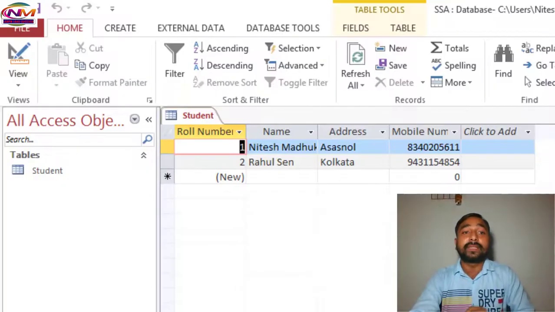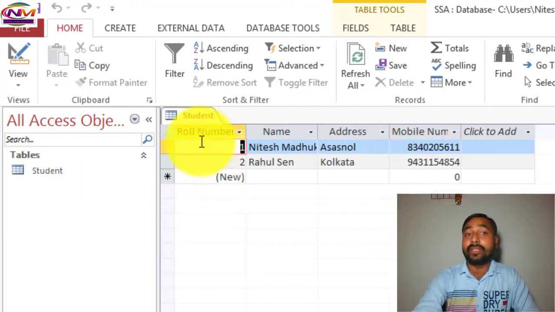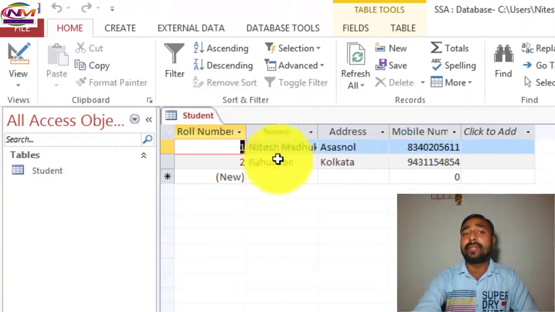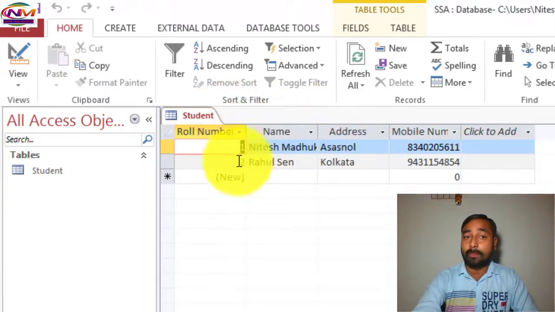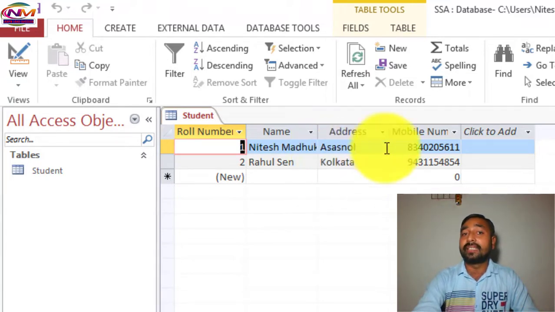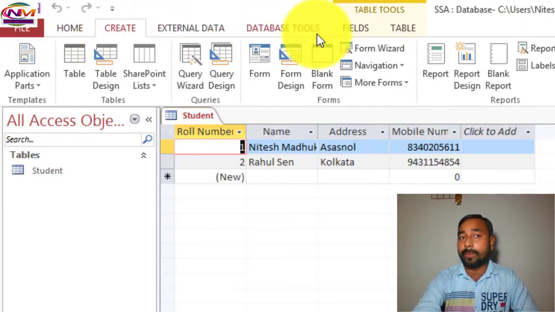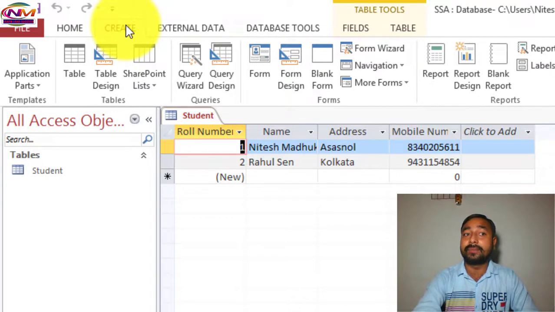Okay, so here you are observing that a student table is already existing. Here I have given the information: roll number, name and address. Only 2 records are there with 2 mobile numbers. Suppose I have to create another table, in design view or datasheet view. So first of all, go to the menu bar and click on the Create option,